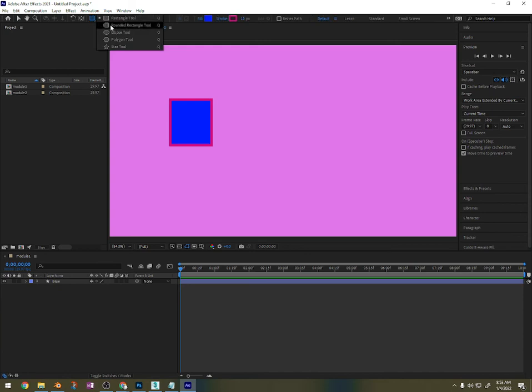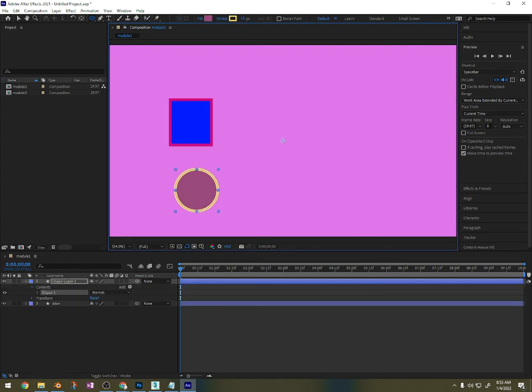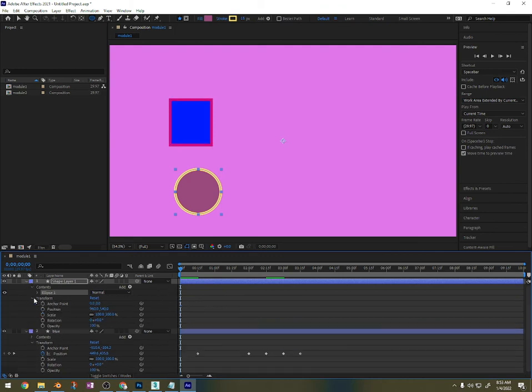I'm going to create another shape. Center the anchor point. And I want you to duplicate